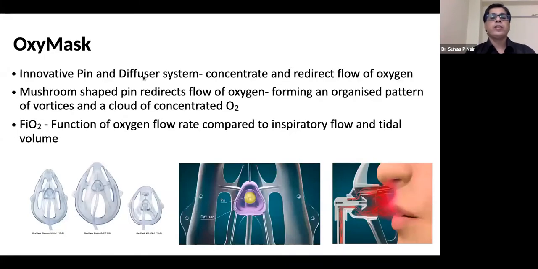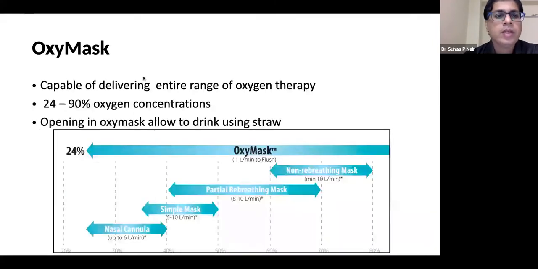This is a new system which has an innovative design. This is the Oxy mask. It has an innovative fin and a diffuser system, which concentrates and redirects the oxygen flow. There is a mushroom-shaped pin you can see in the figure, which redirects the oxygen flow, forming an organized pattern of vortices and a cloud of concentrated oxygen. FiO2 will be a function of the oxygen flow rate compared to the inspiratory flow and tidal volume. So the Oxy mask functions over a large